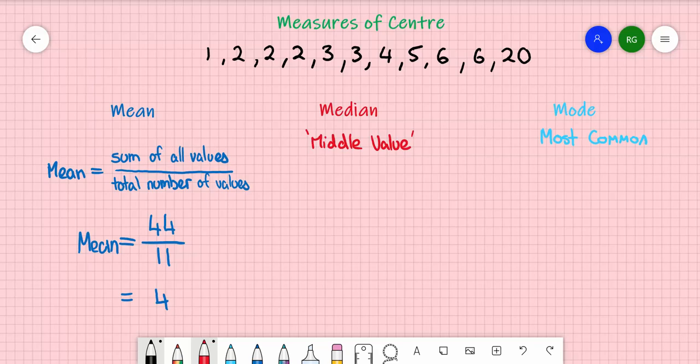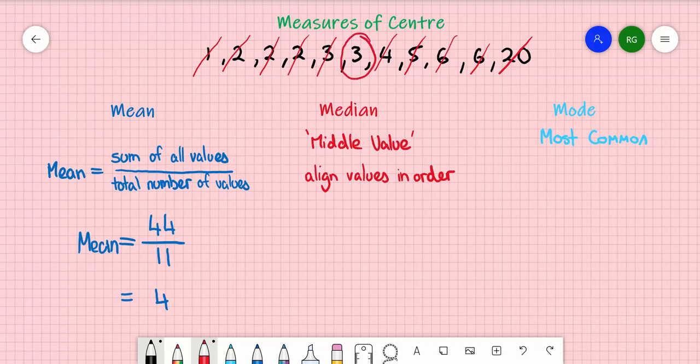value. What we need to do here is we need to align all of our scores in order from smallest to largest, which I've already done. Now with this set of data, once aligned, all I need to do is find out which one is the middle value. So what I can do, there are a few ways of doing this. I can cancel the end ones if you are not 100% sure. So that's 4 removed from each end. And I'm left with a 3. So in this case, the median